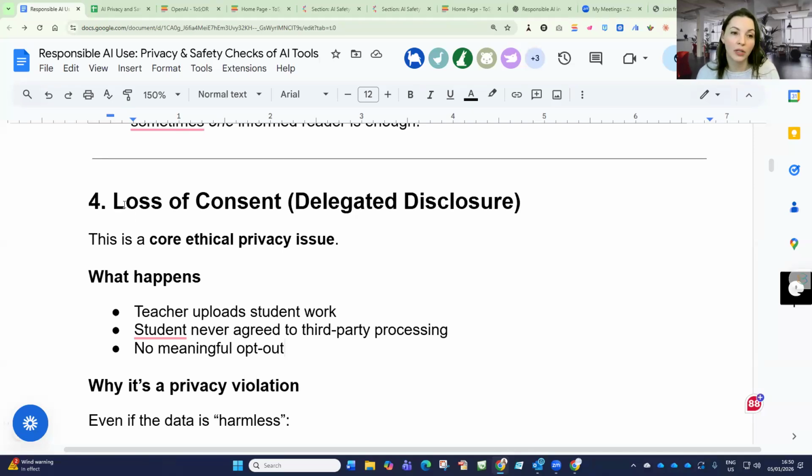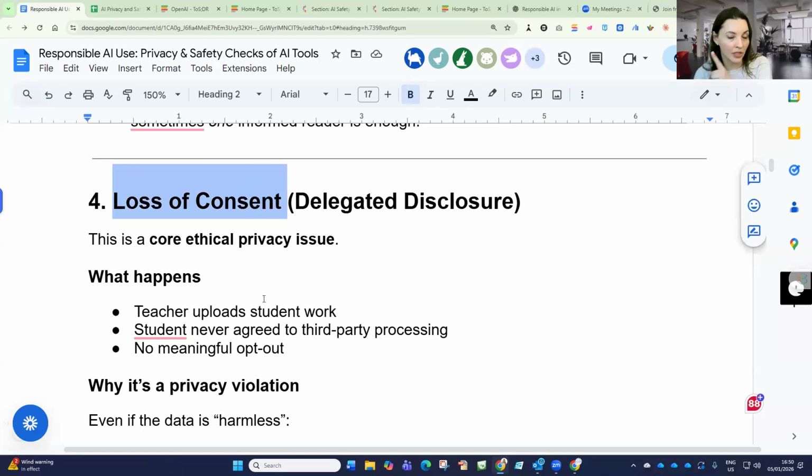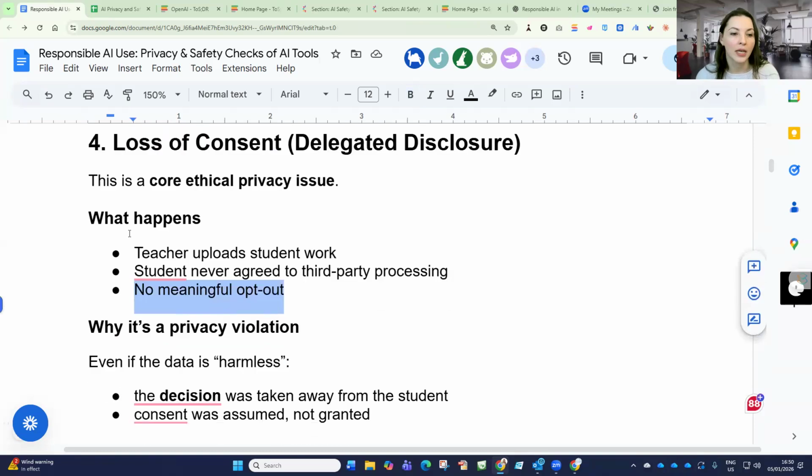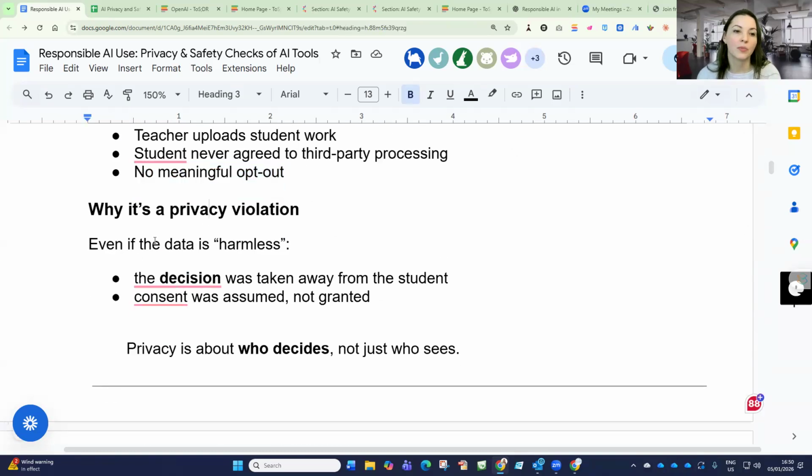This is important. You cannot decide for others whether their content, their intellectual property, is uploaded to the AI that is using it for its training. So this is illegal. This is not responsible use of AI. Why is it a privacy violation? Because even when you think the data is harmless, the decision was taken away from the student, from the author of the article. This is illegal. We have to remember that